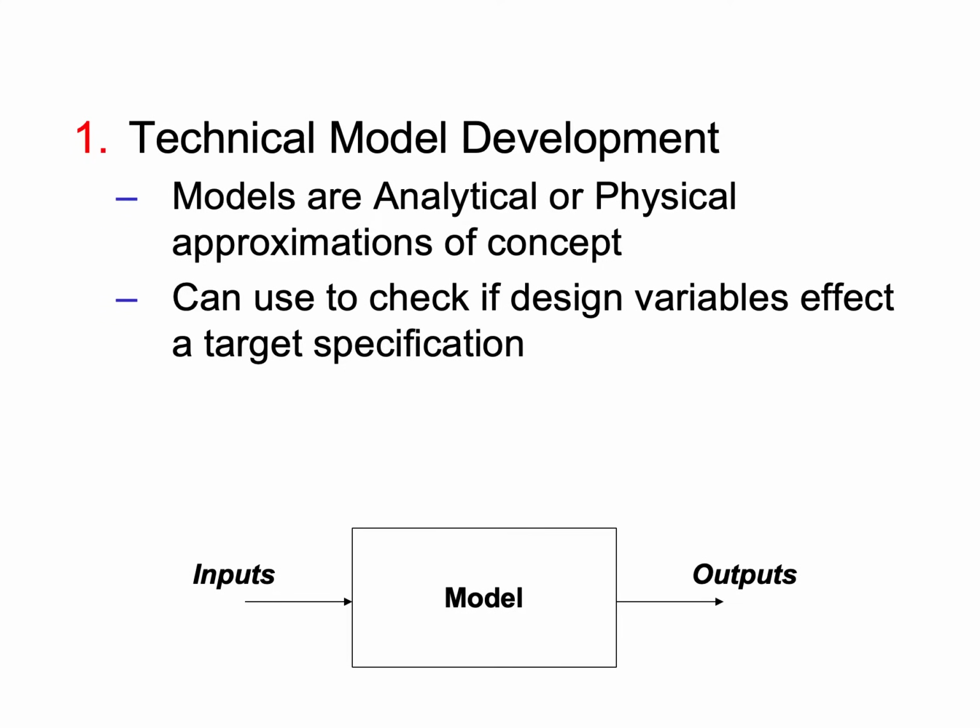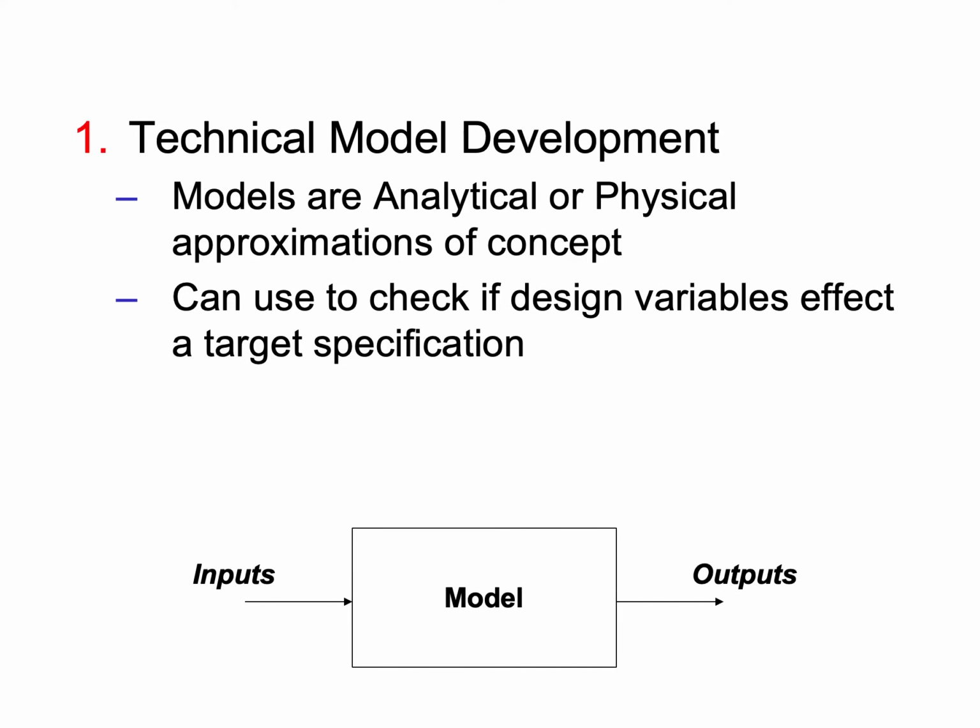At this point, you probably selected your concept, then you have your metrics. And you will say, well, if I want to have an approximation, how would that look like? And this is where our knowledge and skills in mathematics and physics will show up, because if you are trying to identify a metric, let's say strength, you need to know how do we measure strength? What is the mathematical or physical formula that is used to measure strength? If you are talking about stiffness, analytically, how are we calculating stiffness? What are the inputs that I need to put in that equation or formula to give me stiffness? And this is how we're going to break things down in modeling, the technical models.